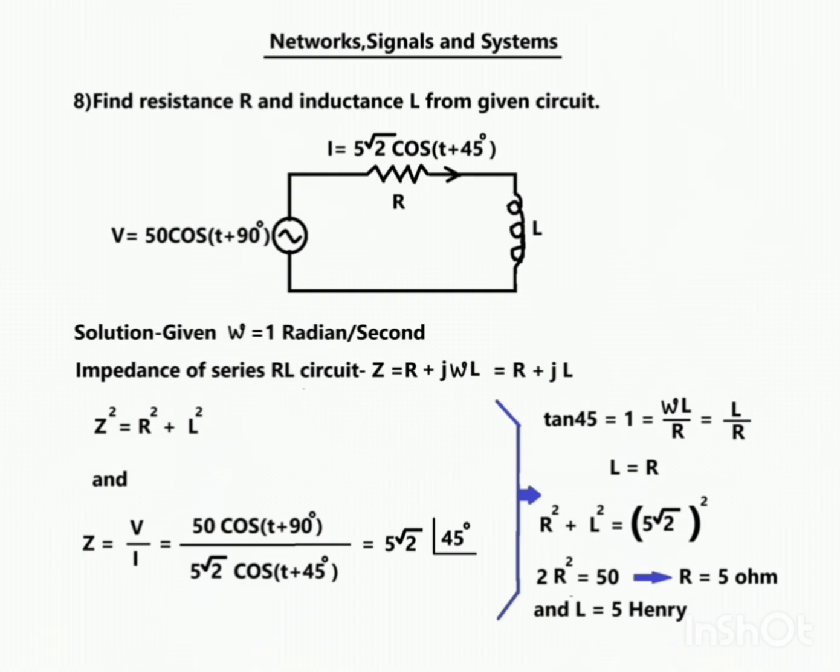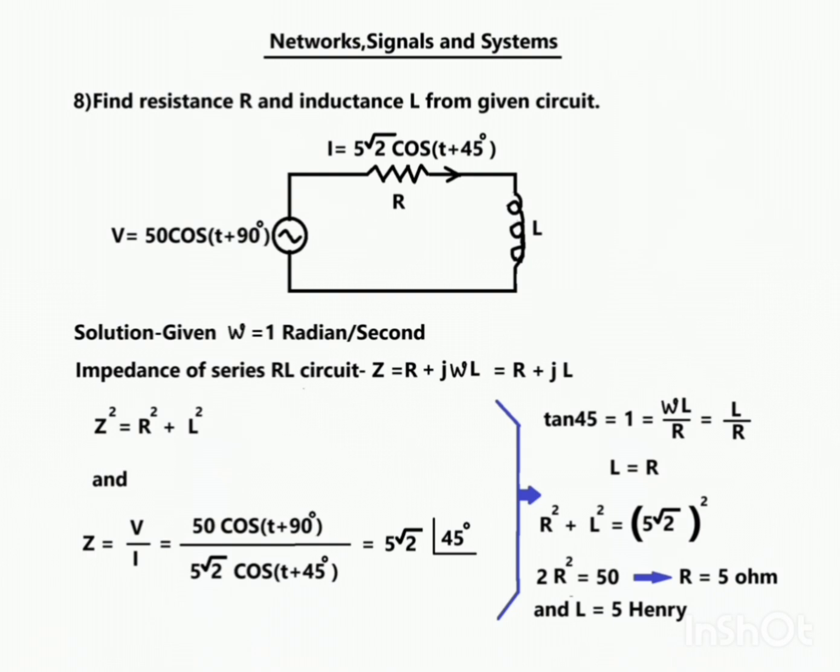Solution: omega equal to 1 radian per second given here, and impedance of the RL circuit Z equal to R + jωL. Put here value of omega equal to 1. So impedance Z equal to R + jL, and Z² equal to R² + L²,